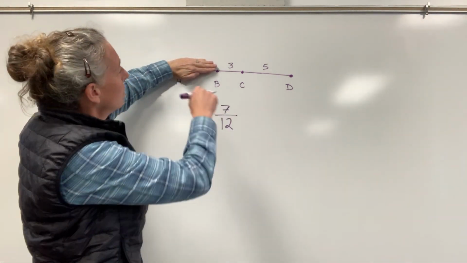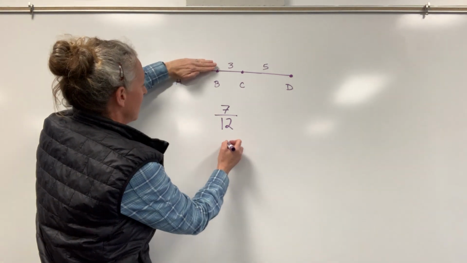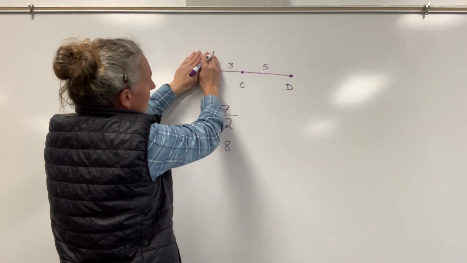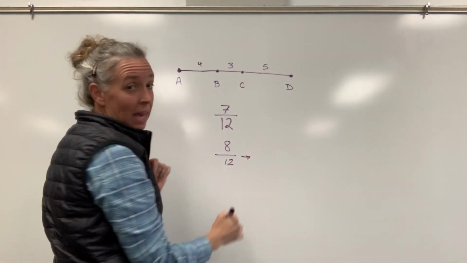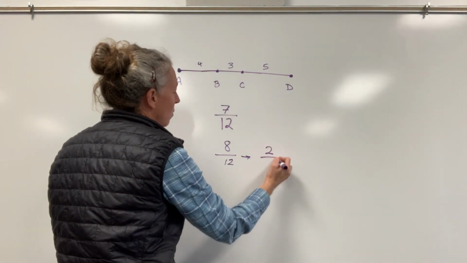So how much distance is the rest of the line going to be? 8 total, right? 8 for the rest of the line because we're not doing AB. And our total line, the total space, remember, was 12. If you can, you're supposed to reduce. So we're going to reduce. 4 goes into 8 twice. 4 goes into 12 3